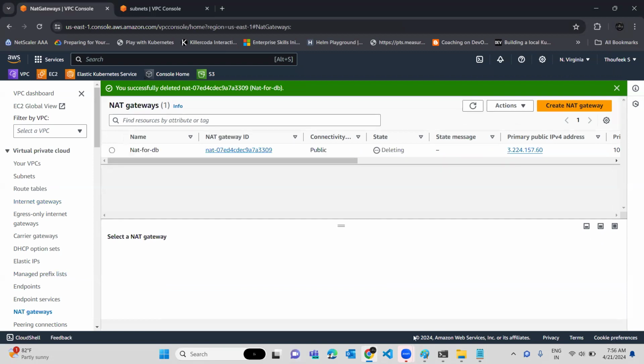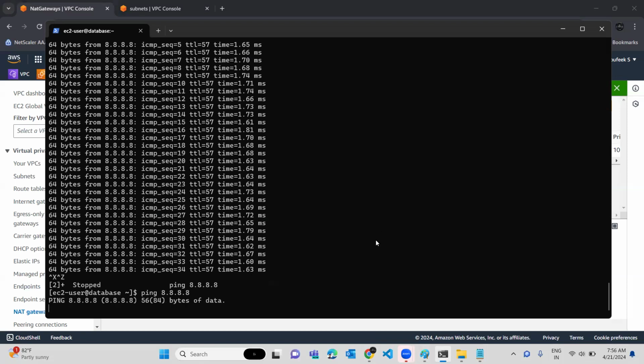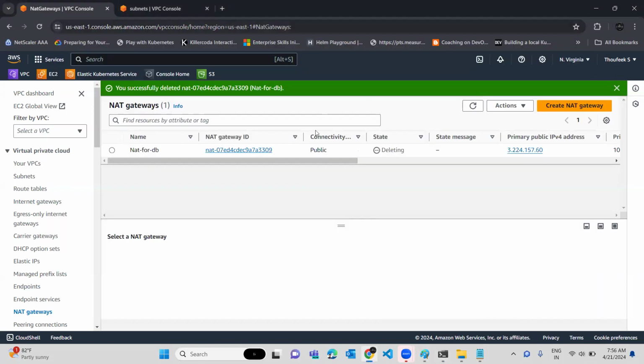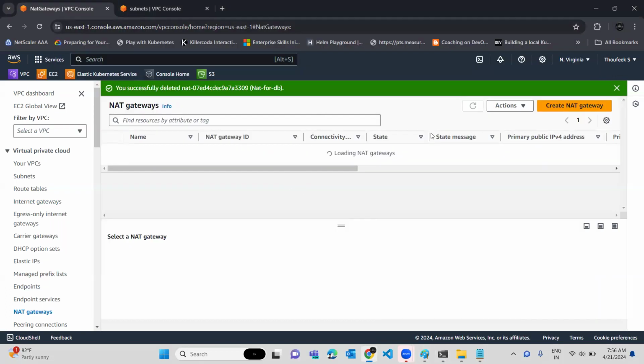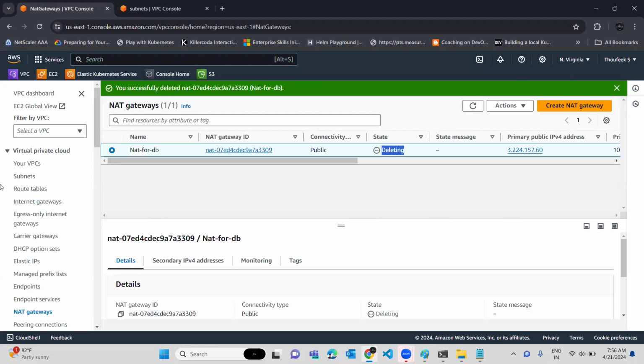NAT is deleting. See, there is no connection. Okay, got it. It will take some time to remove the NAT actually. Still its state is deleting. At the same time, check the